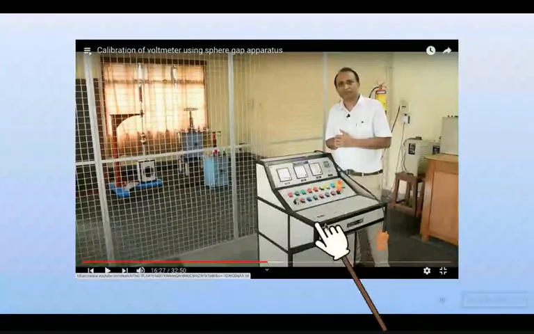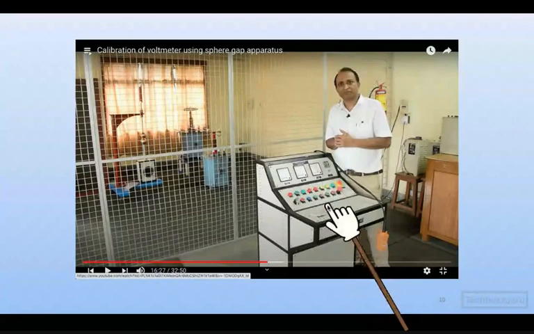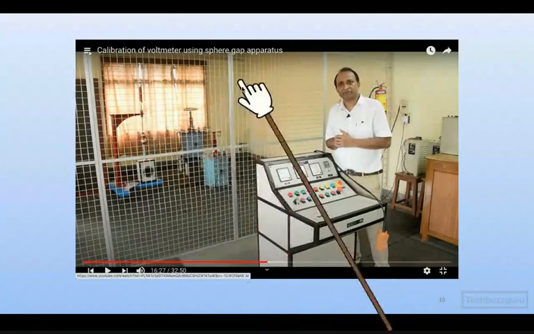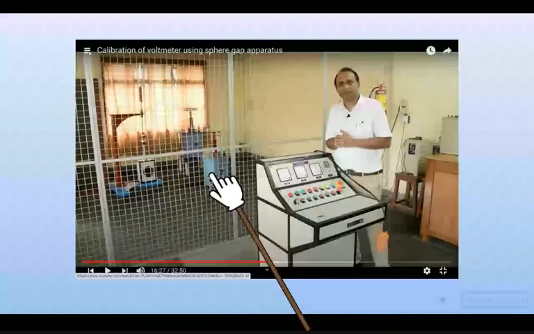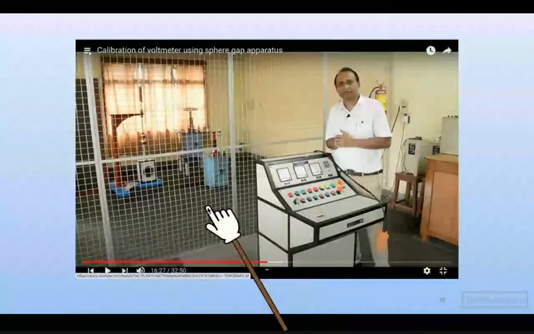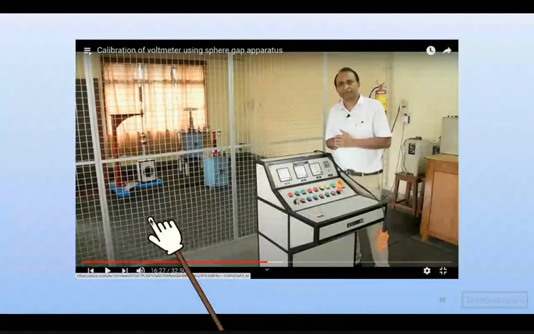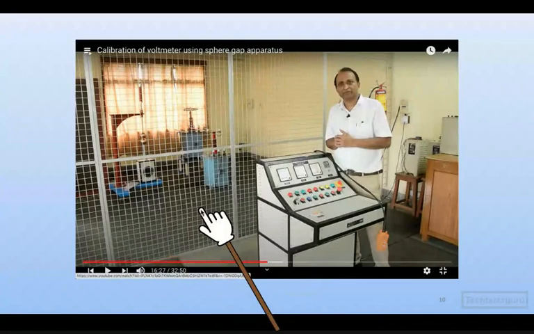You can see it looks very similar to what is available in the industries or the electricity boards. Okay, and this cage, you can see it is providing clearance, and this cage is also effectively solidly grounded. There are three different grounds used for connecting this cage, so that there is reliability. If one of the grounds fails or if there is something wrong, the second will work, and if that fails, the third will work. So three lines of defense are there.